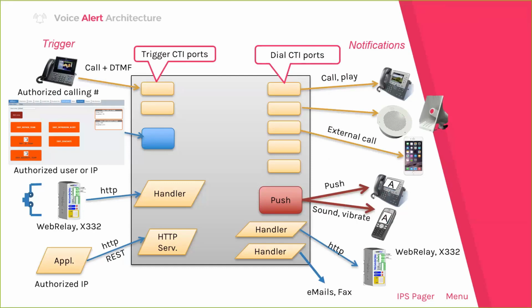We also propose a web interface from which you can select the right alert, and you see how the alert is going on. We also can check the user, of course, authenticated user or IP address of the PC. It's possible to trigger the alert by pressing a button, for example, with dry contact to IP converter. It can be also a machine which will trigger automatically the alert. And also it's possible to develop an application which will trigger the alert by requesting an HTTP REST request.